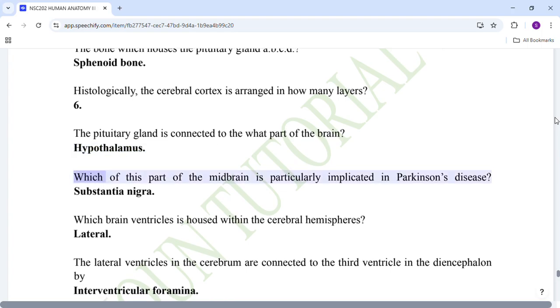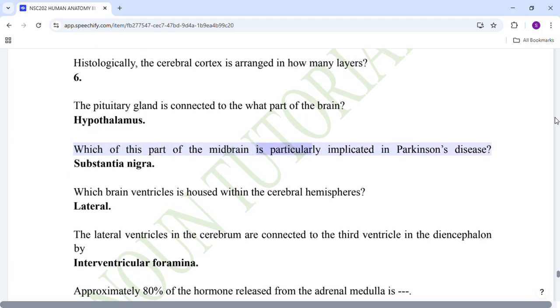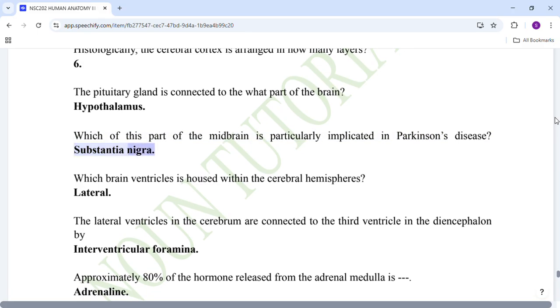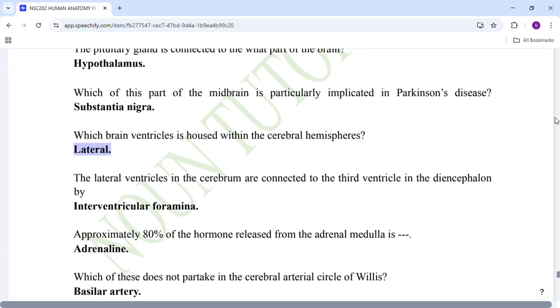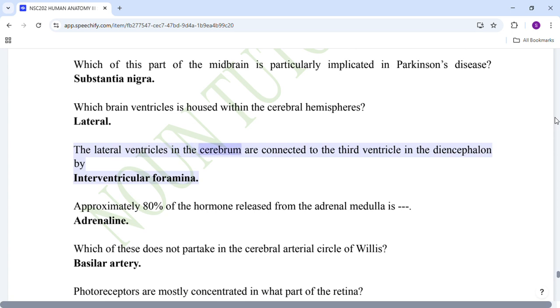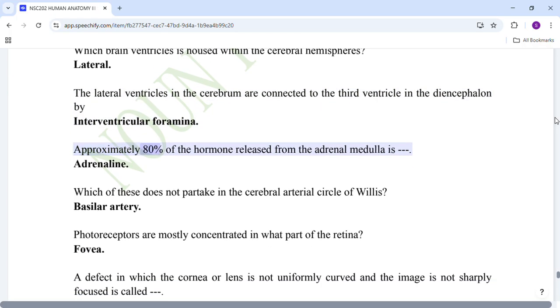Hypothalamus. Which part of the midbrain is particularly implicated in Parkinson's disease? Substantia nigra. Which brain ventricles are housed within the cerebral hemispheres? Lateral. The lateral ventricles in the cerebrum are connected to the third ventricle in the diencephalon by interventricular foramina. Approximately 80% of the hormone released from the adrenal medulla is